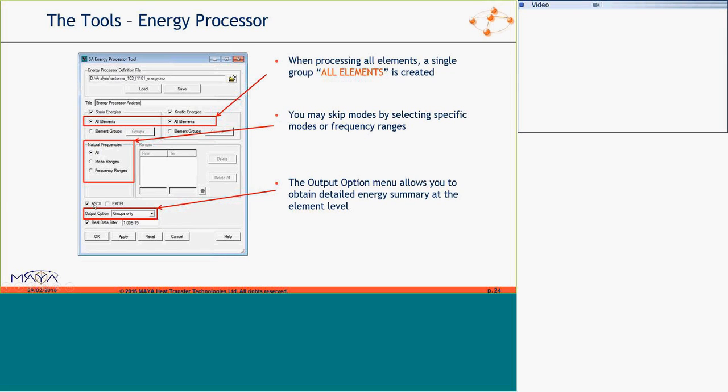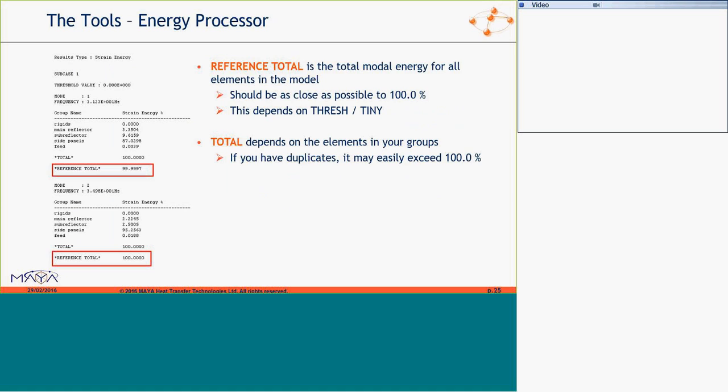Of course, by default we write data out to a text file or ASCII file, and you'll use Excel here. I don't know why it's not on by default, but you click Excel here and data will go there. By default, the data written to Excel and the text file are for the groups only that you pick, but you can also have the listing of all the elements if you select elements as well, but then your file will get much bigger.